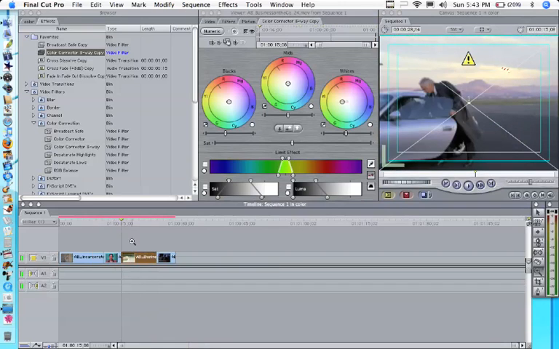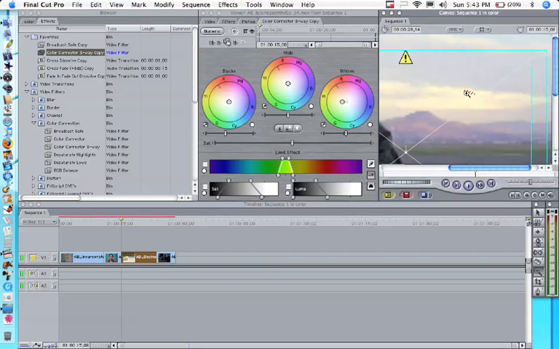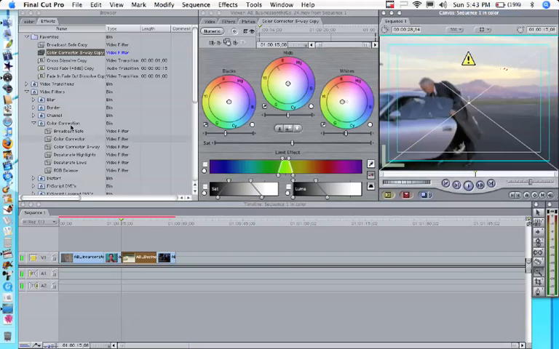If you've got a shot like this and it looks like we still have some problems up here as far as being within the spectrum, what you do is you go back to the same color corrector and choose broadcast safe, and that you can drop right on top, and that will always bring you into the spectrum. So our last shot,